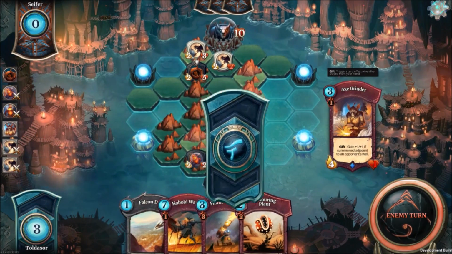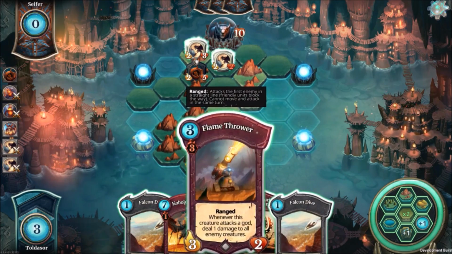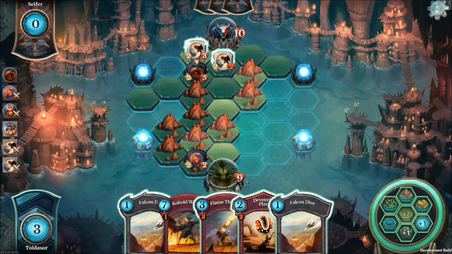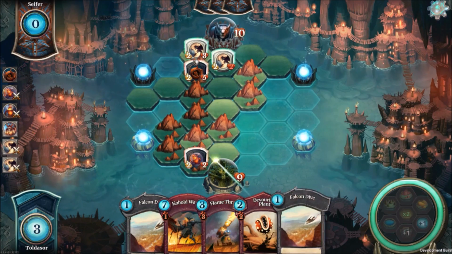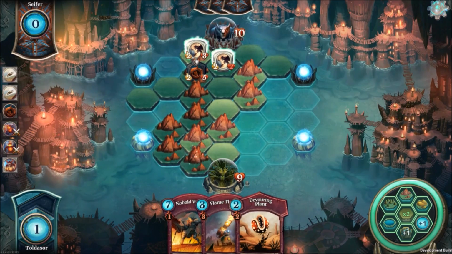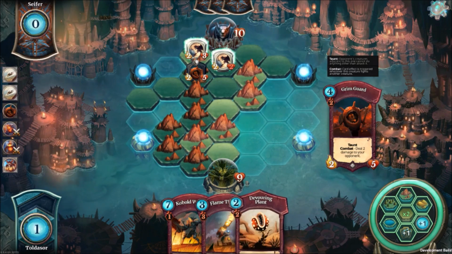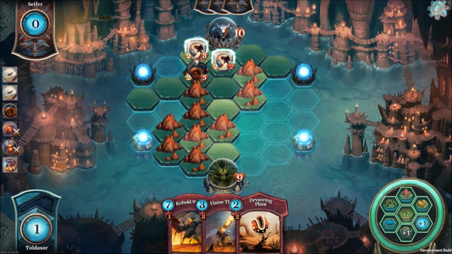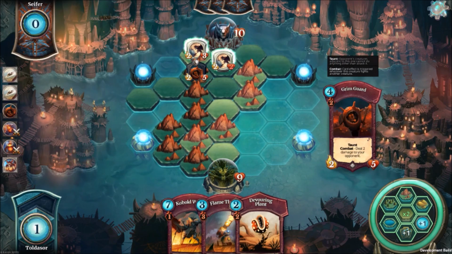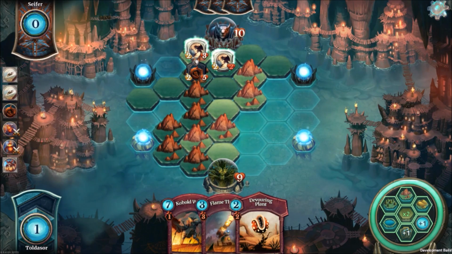And this is really annoying, because this guy has taunt, so I have to attack him. Well, I'm going to get rid of this guy. I also don't really want to attack him, because whenever he gets in combat, he deals 2 damage to me directly. So I can't even kill this guy, and if I try to, I just take 4 damage, and I don't want to do that. So what I'm...